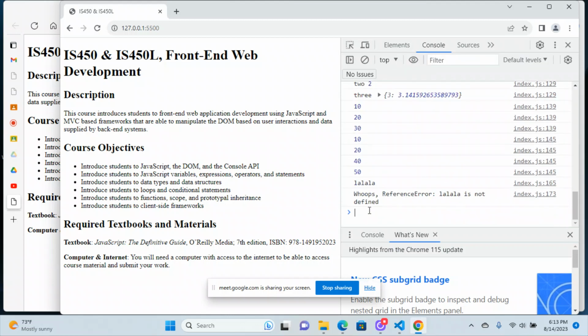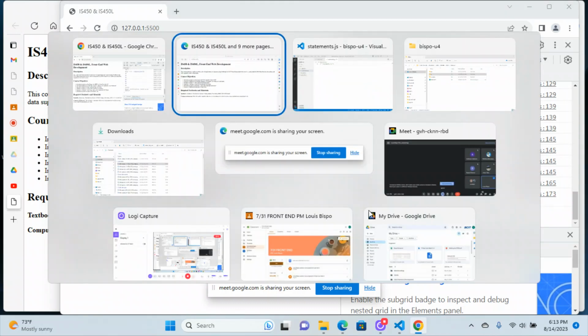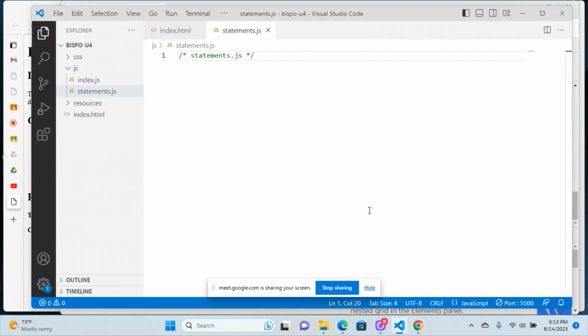It's really weird. Okay, so I'm going to go ahead and go to statements.js, and I'm going to read off of the instructions on my other screen here. So this is, oh wait, that's the week 1 Friday lab. I mean, there's the week 2 Friday lab. Good. Okay, so the first part of it is to do conditionals, and then there are loops after that. So the conditionals are doing an if-else,